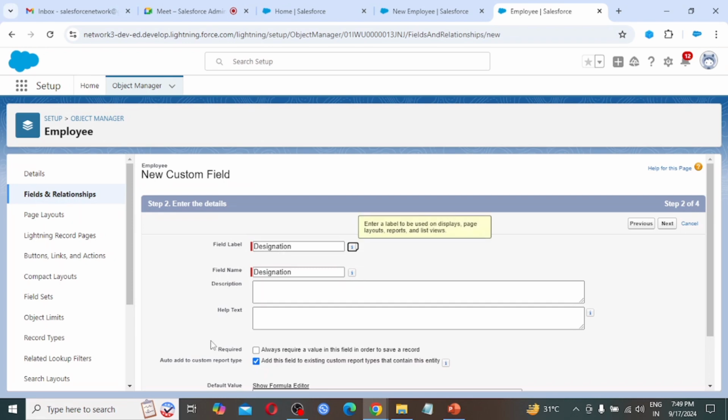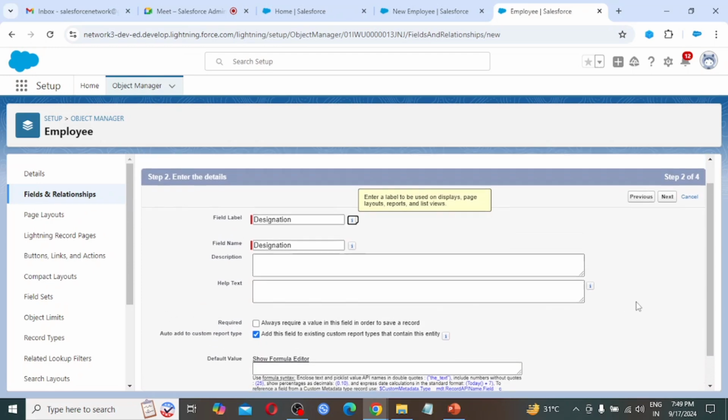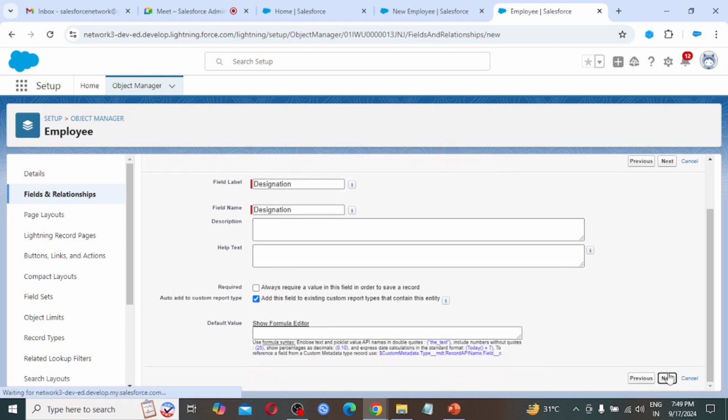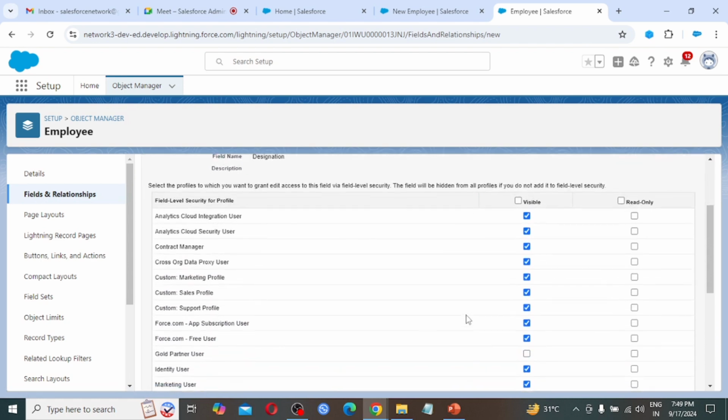Hit the tab button, provide the description, help text, and if it is required we have to check this, otherwise we have to skip. So for now I am skipping all this information, clicking on the next button. In step 2, establish field level security, I am going with the default for now.